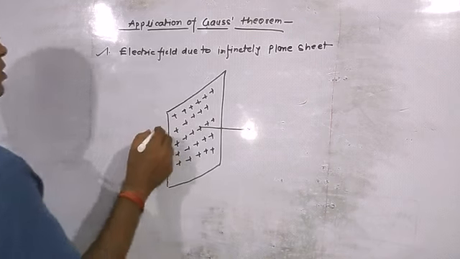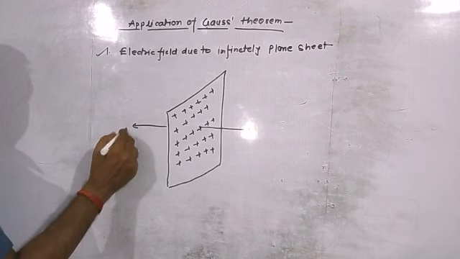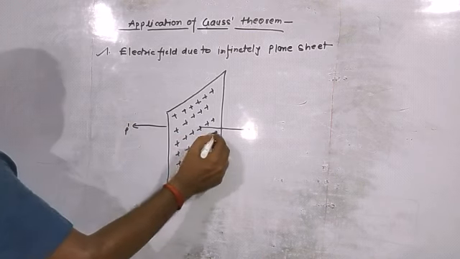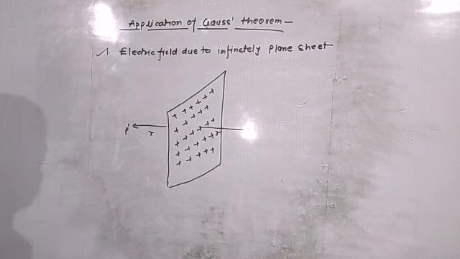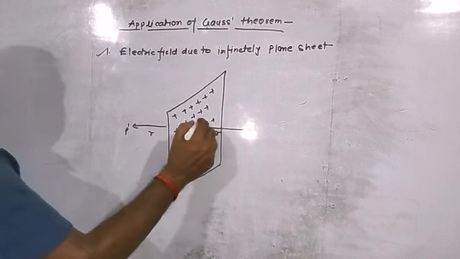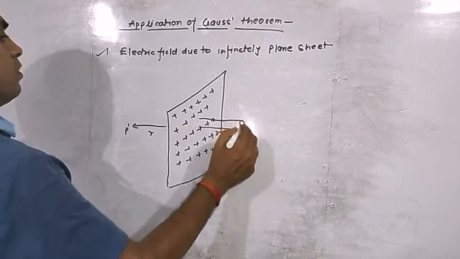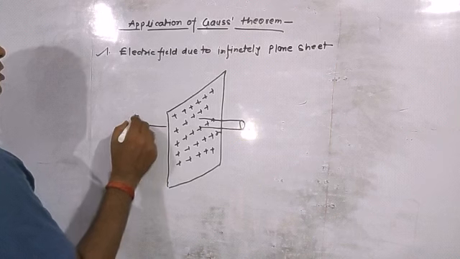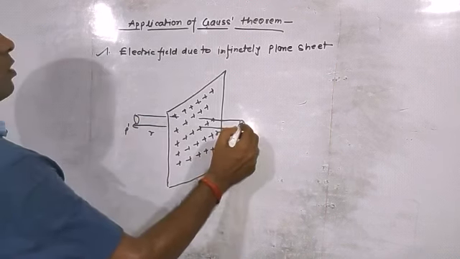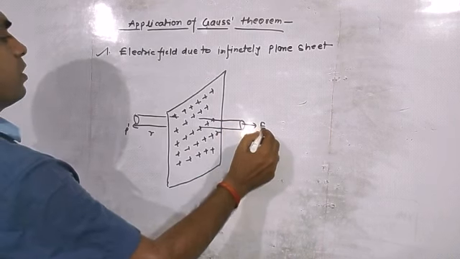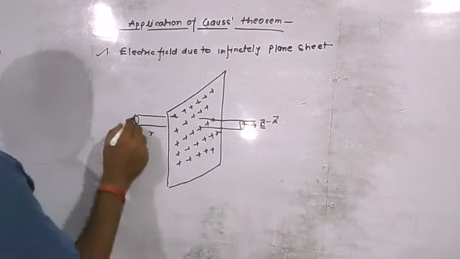By symmetry, we can also find out the electric field intensity at the other end, that is P dash. Now suppose that this is the distance R; at equal distance, the electric field will be equal. Now we will construct a Gaussian cylinder here on both sides symmetrically at the same distance R. Here the electric field direction and the area vector will again be parallel to each other on both sides.